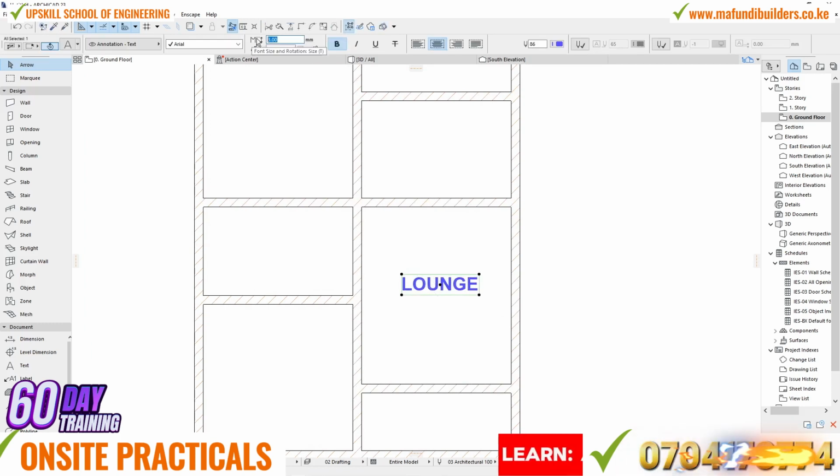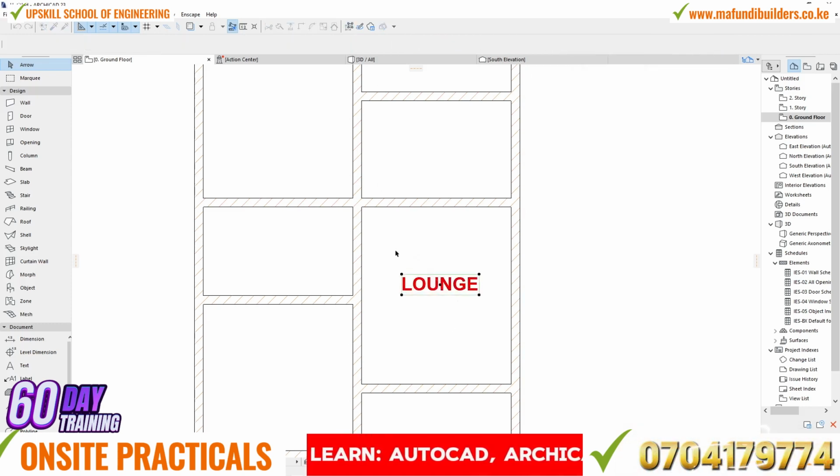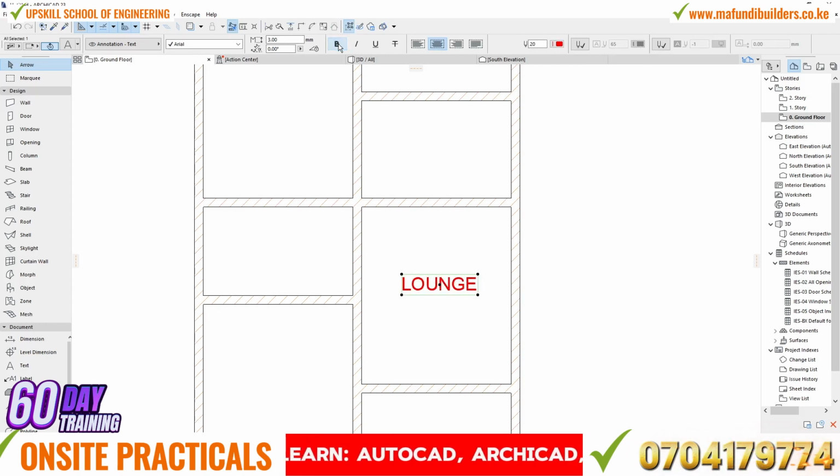So you can change the size of the letter here. You see this color is this, you can actually change it here. So for example, black, you see now it's black. But let's maybe put it red, for example. Then you can make it bold, you can make it italic, or you can even underline it, but you don't need to